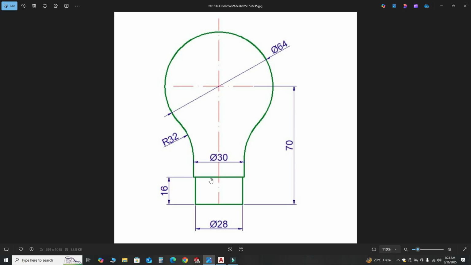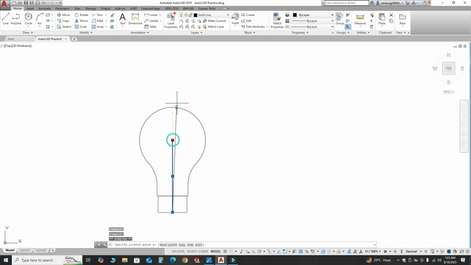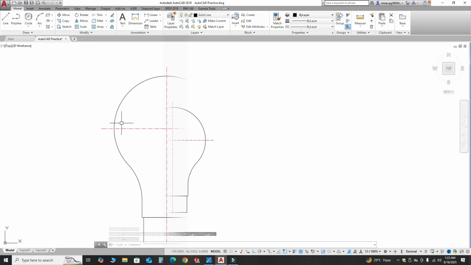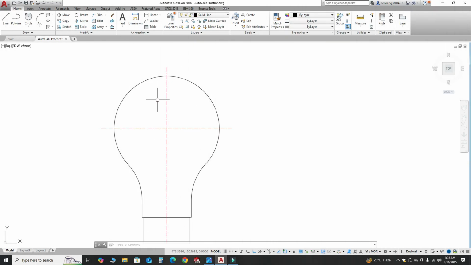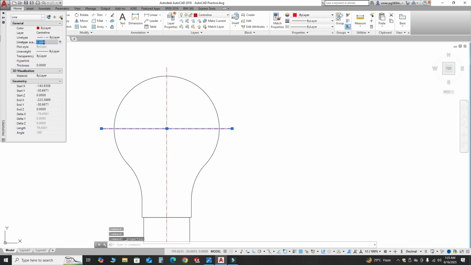Now I will make these center lines. So I will drag this line up to, let's say, here, and then I will make another line like this, and I will place it right here. Okay. Now I will select these two lines and I will change its layer to center line like this. You can see the current scale of these center lines is not correct. So I will select this center line, right click, go to here properties, and I will change this line type scale to 2 or maybe 3. Okay.